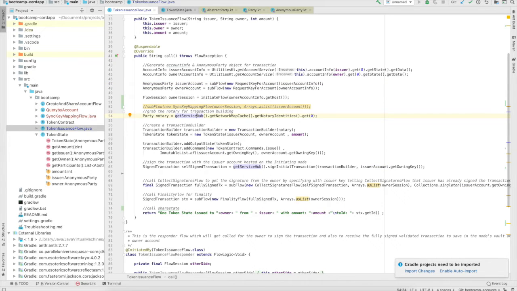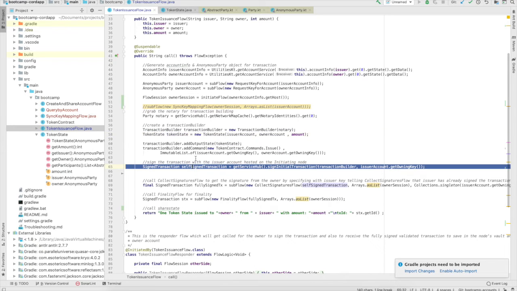One account can have more than one public key associated with it, and one public key will belong to only one account. So we'll generate a new key pair and map it to an account. This is all done by request key for account. Then we'll use this public key to participate in the state which we'll create. So this state is now mapped to the account using the generated public keys. An account is a collection of public keys, and these public keys are used to participate in the contract state.